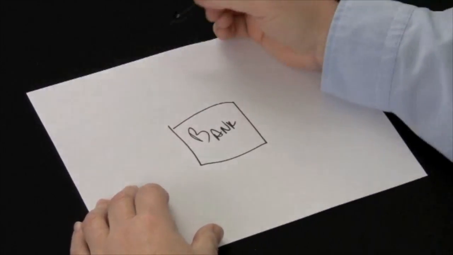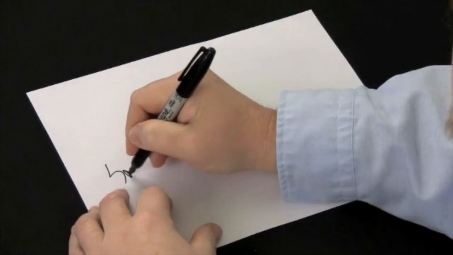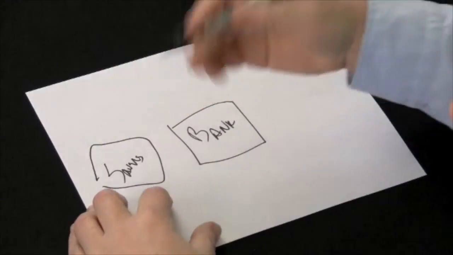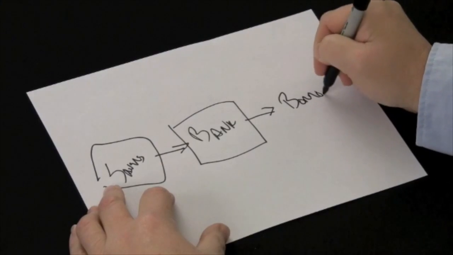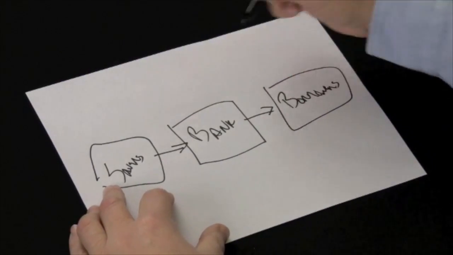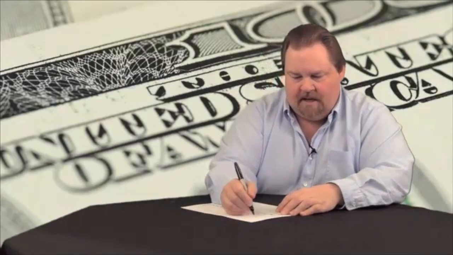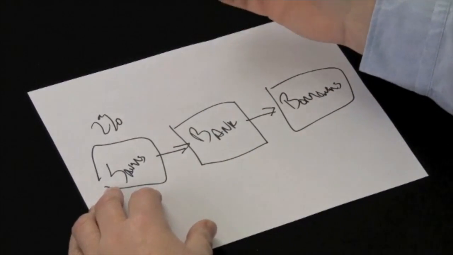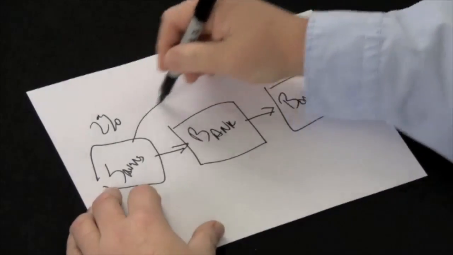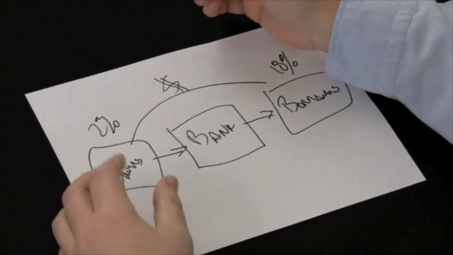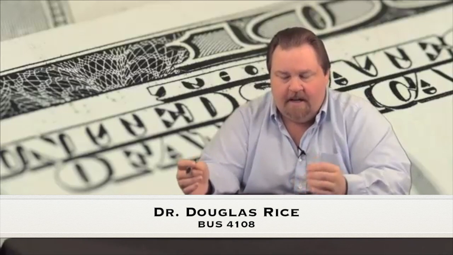So let's talk about a bank as a financial intermediary. The bank sits between savers that are basically lending money to the bank, and the bank turns around and lends it out to borrowers. In this way, the bank acts as a financial intermediary. Now, the difference between the interest rate they pay savers and the interest rate that borrowers have to pay the bank is their profit. So, for example, let's say they pay you 2% on your savings account, but they charge borrowers 18% on their credit card. That is bank profit. So you can see in some cases banks can be very financially lucrative.